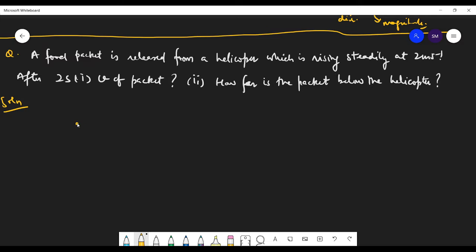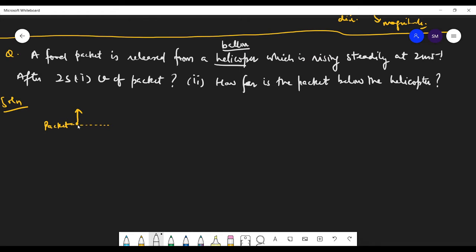So again, what case is this? Where is the direction of motion in the beginning? So this is your packet. Sir, here the height will be constant because the helicopter has already gone up. Yes. Okay sir, clear, upward and then downward. See, it is the same way we are going to do it as we have done in the last question. So instead of balloon we have helicopter here. So replace balloon with helicopter, the question will remain the same.